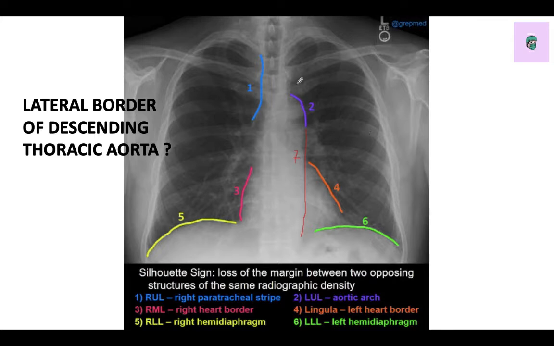Silhouette sign is what? When you can see a border properly, that is a silhouette. But the silhouette sign is when you cannot see a normal border. What I mean is that